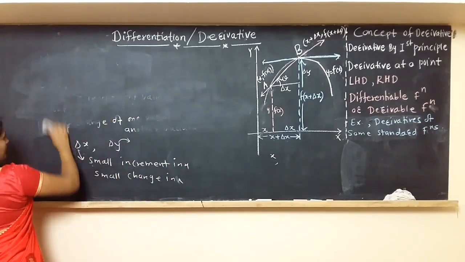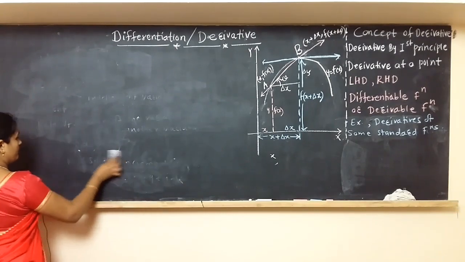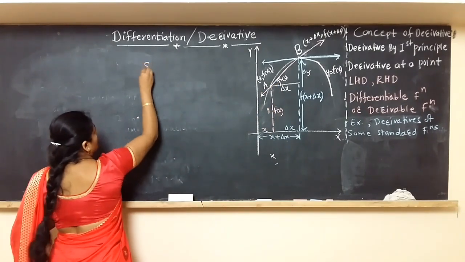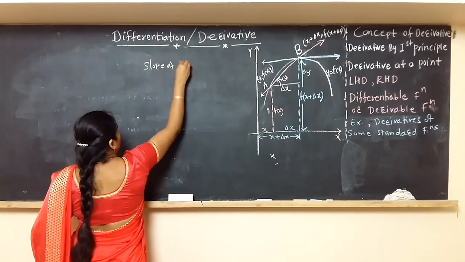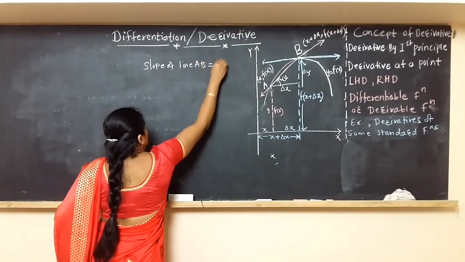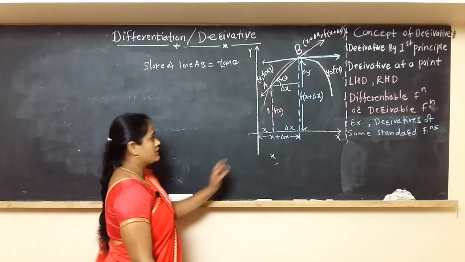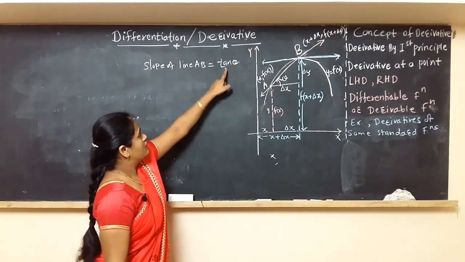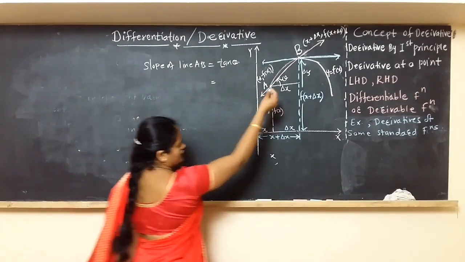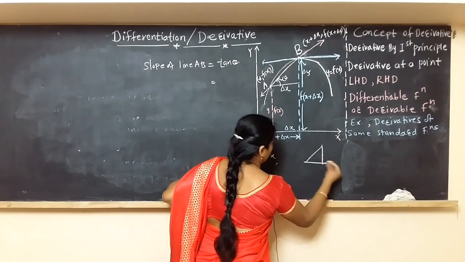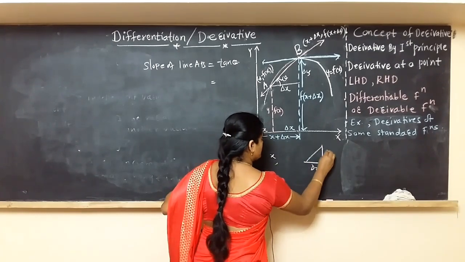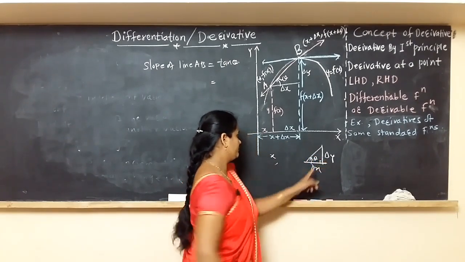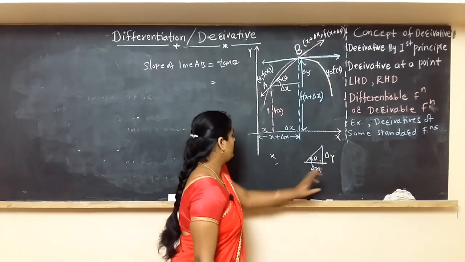From coordinate geometry, the slope is given by the formula tan of theta. That's why I have considered here the angle theta. Now the slope of line AB is nothing but tan of this theta. Theta is the angle made with the positive direction of x-axis in anti-clockwise direction. So tan of theta, if we draw the same diagram here, this is change in x, this is change in y, and I have made this angle theta. So in this right angle triangle, tan of this theta is delta y by delta x.